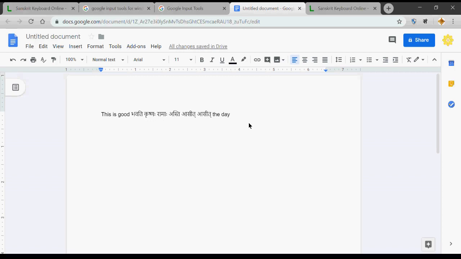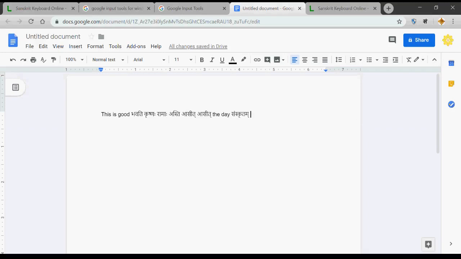I can type Sanskritam. So that Sanskritam comes there, and I can select that. If I want the Makara, the Ma Vyanjanam, I can delete that Anusvara, which was there before, and use Ma. I can type M, and it gives the option here, and I select the second one, Ma. So it becomes Sanskritam. So this is one nice, easy way, and this keyboard, the Google Input Tools keyboard,